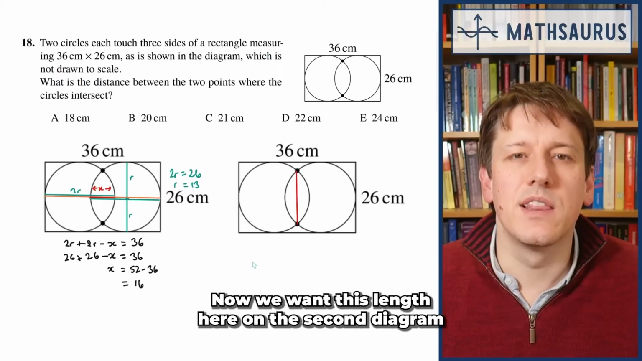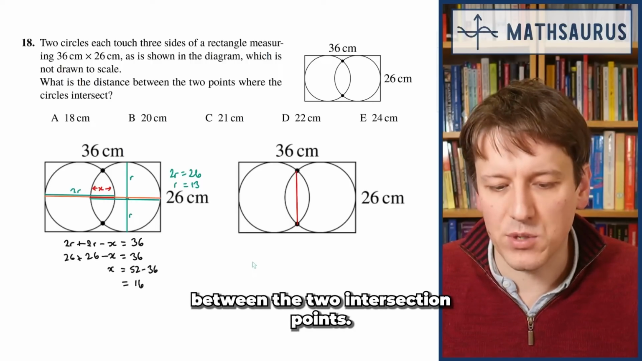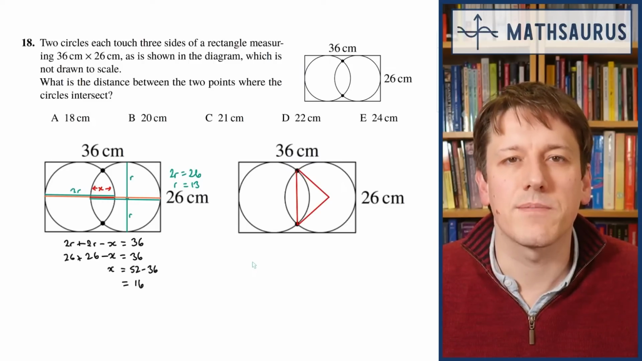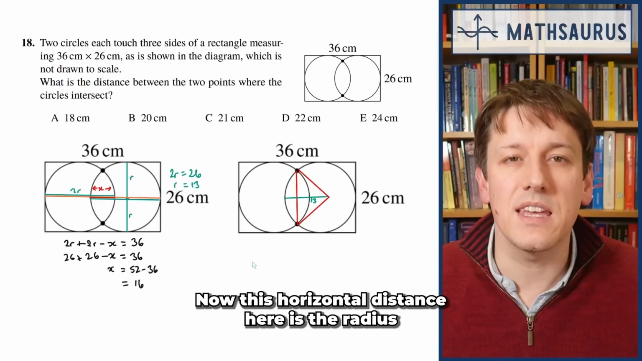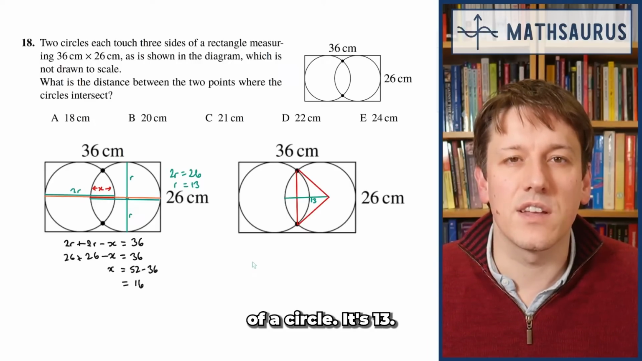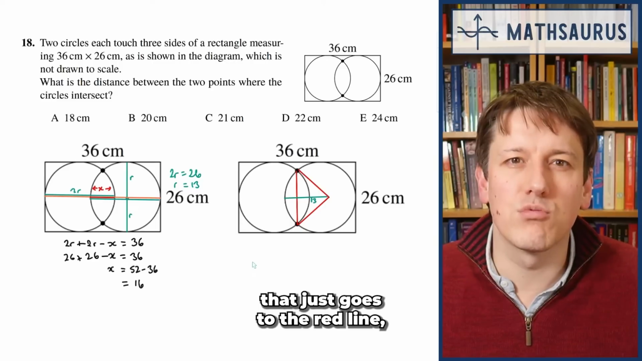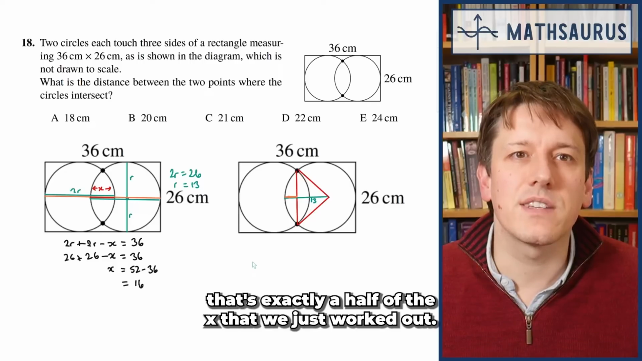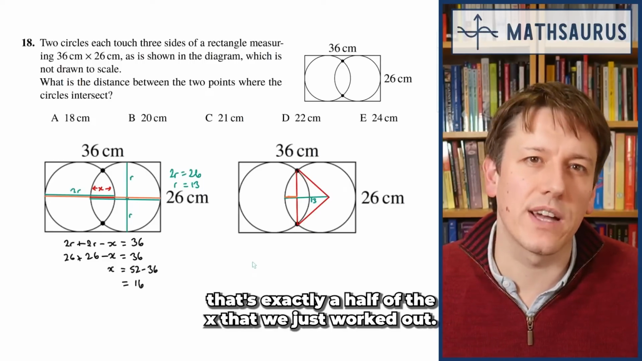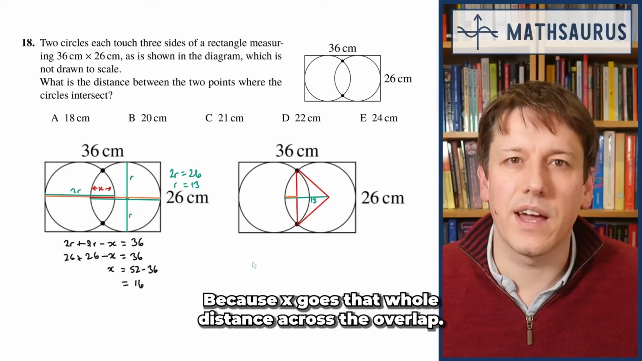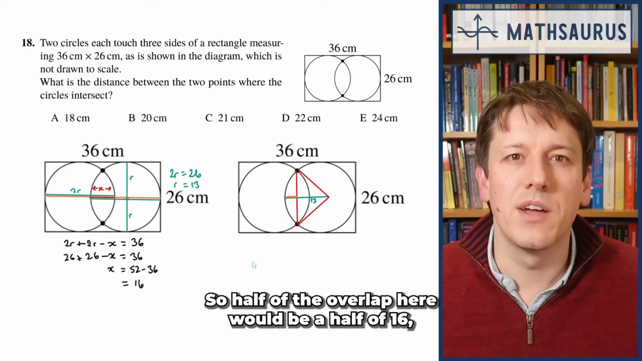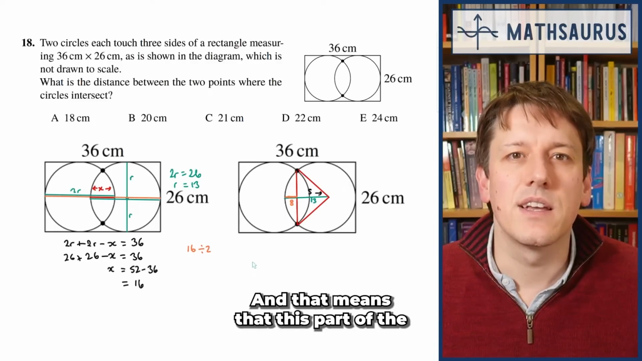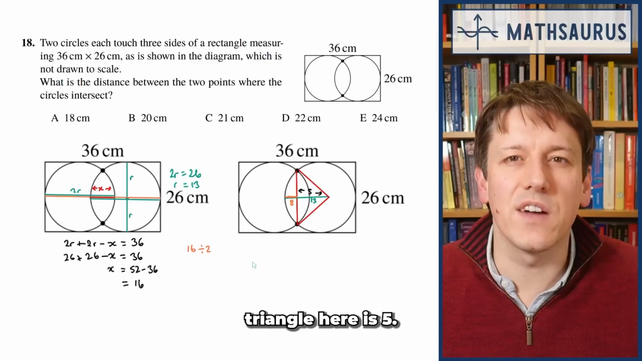Now we want this length here on the second diagram between the two intersection points, and to get that we're going to draw a triangle in here. Now this horizontal distance here is the radius of the circle, it's 13, and I want the bit that just goes to the red line, not all the way to the other circle. So this part here in orange, that's exactly a half of the x that we just worked out, because x goes that whole distance across the overlap, so half of the overlap here would be a half of 16, which is 8, and that means that this part of the triangle here is 5,